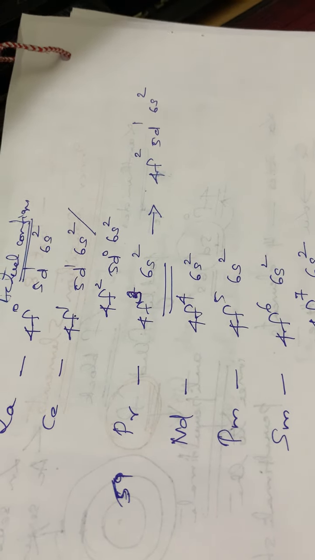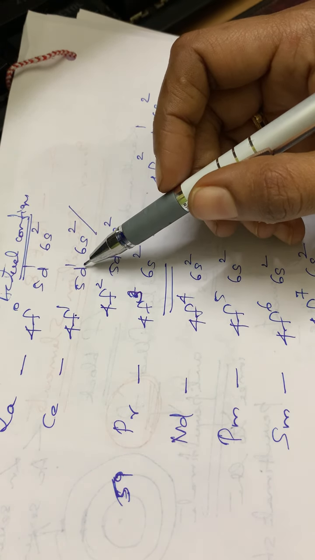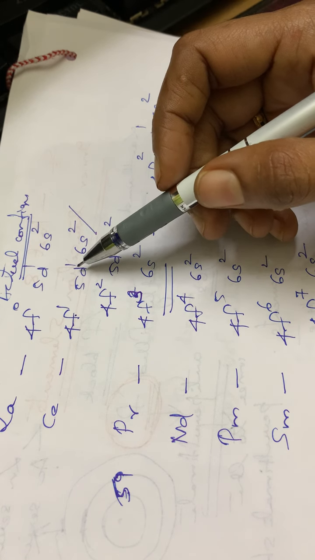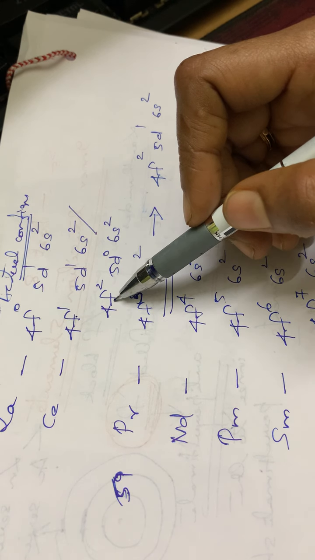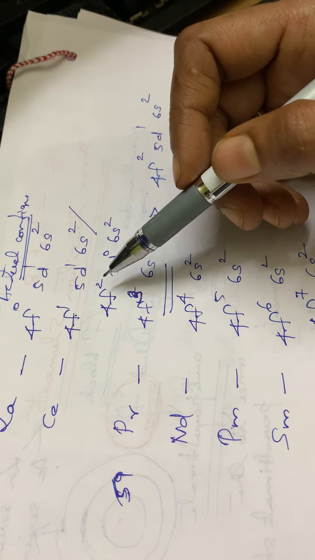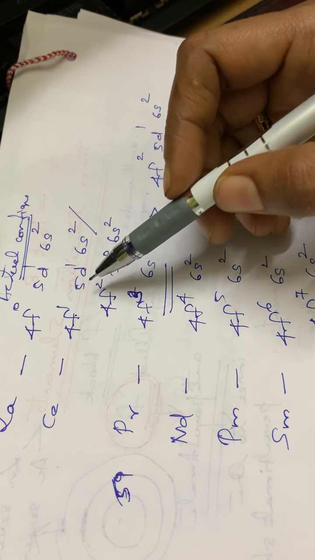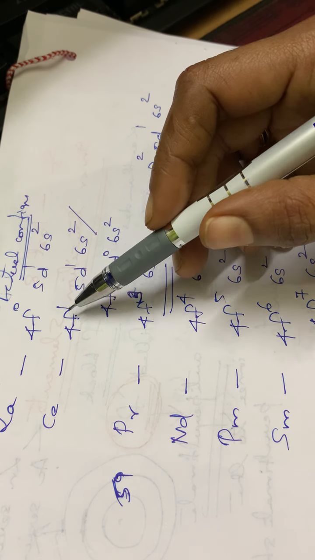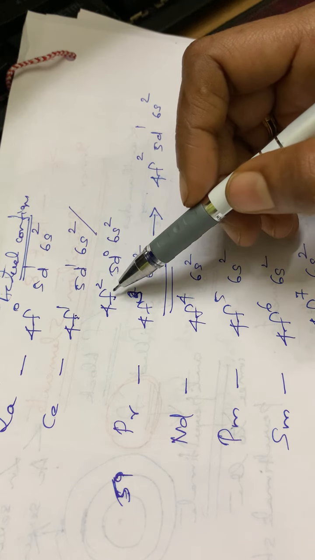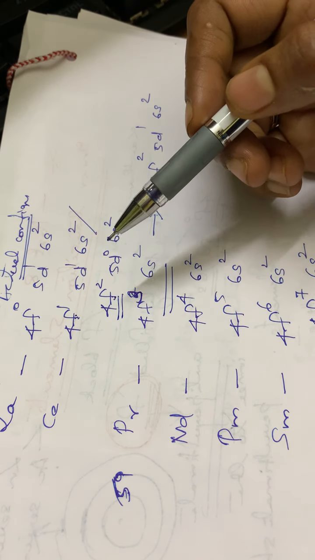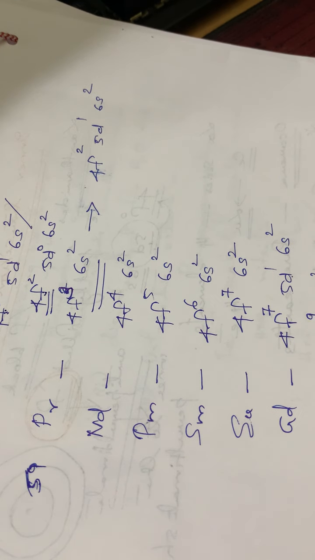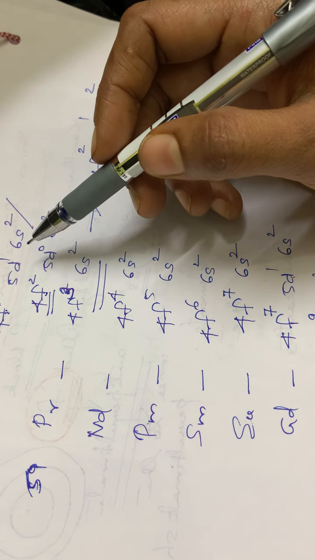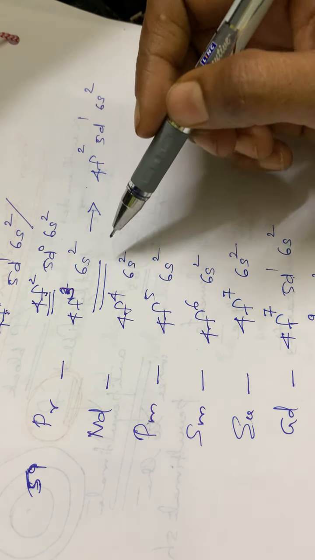See, from cerium onwards, in the case of cerium, sometimes one electron will be in the d orbital, or sometimes that electron will go to the 4f orbital, isn't it? If the electron is in 4f, then one electron will be in 4f and one in 5d. Otherwise, the two electrons will enter the 4f orbital. Also from cerium onwards, they have got a 5d1 electron. Cerium has got a 5d1 electron, and beyond that there is no 5d electron present, isn't it?